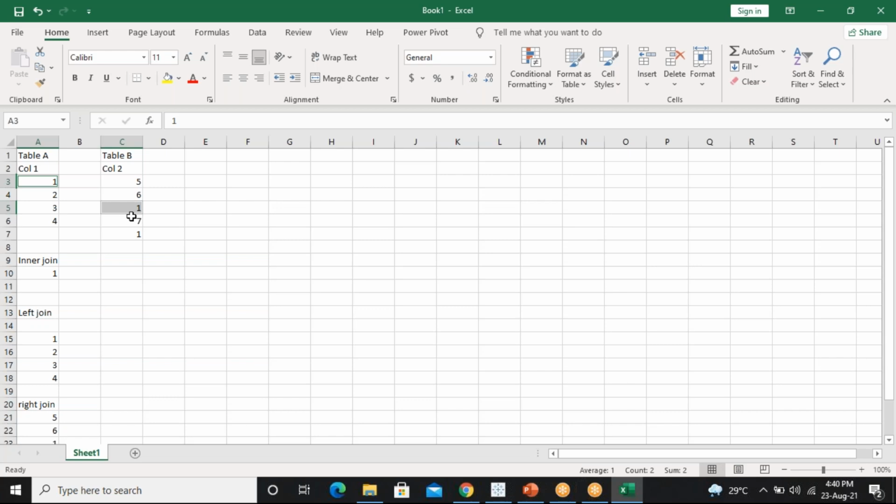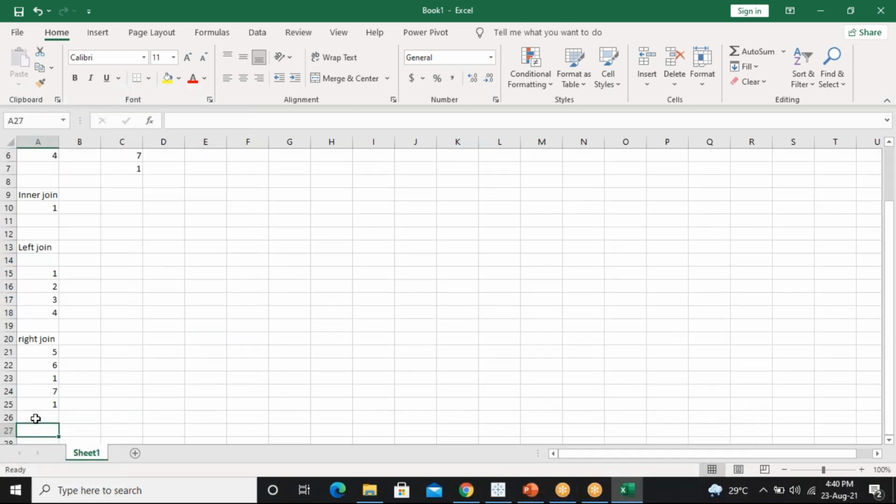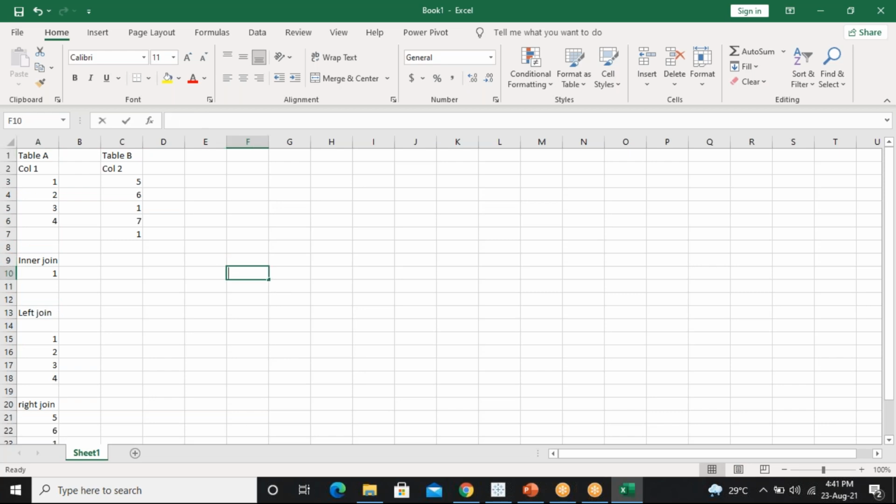So 5, 6, 1, 7. Again, 1 is repeated one more time, so again I am mentioning that 1 here. So this will be considered as a right join. Okay, this is a different one which we have not heard about, which comes in Tableau. You would have heard about also